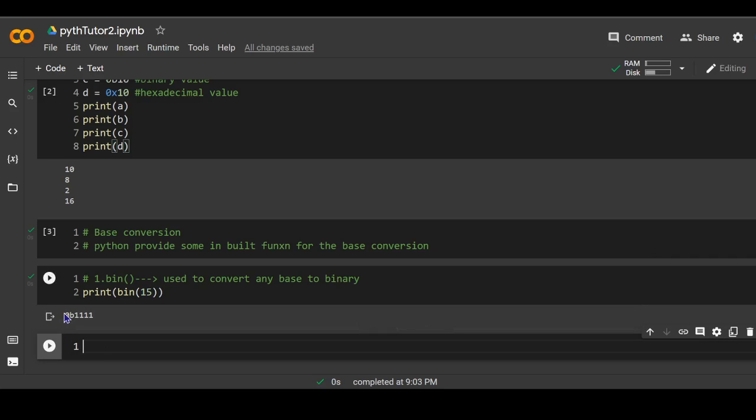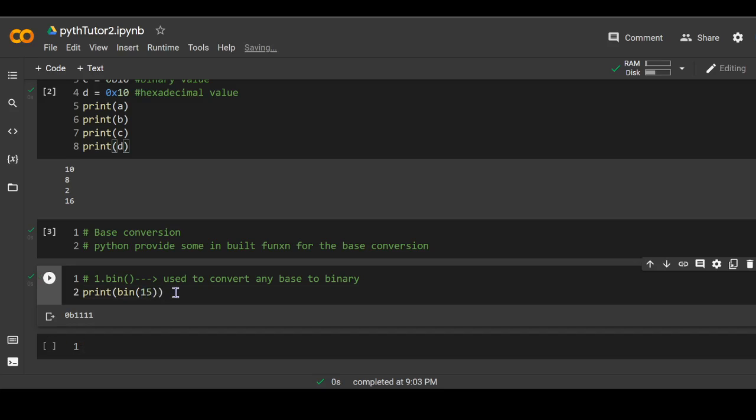See, since all the values we are getting are less than 2, it can be 0 or 1. The equivalent binary number for the decimal value 15 is 1111.